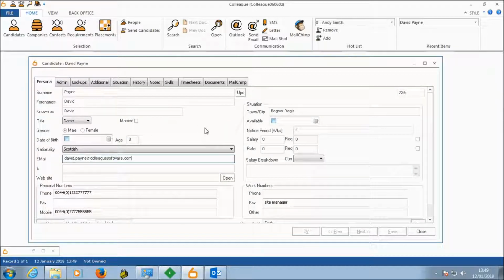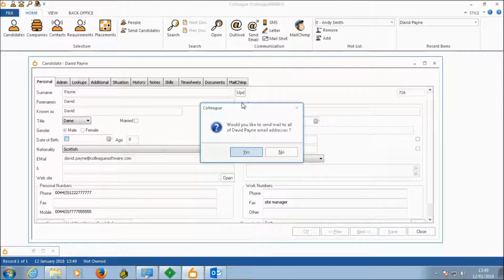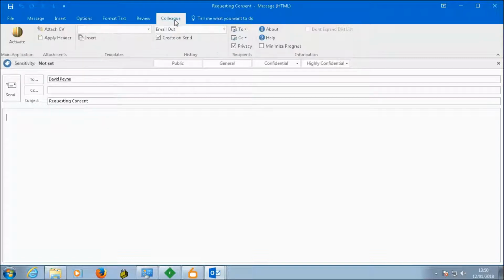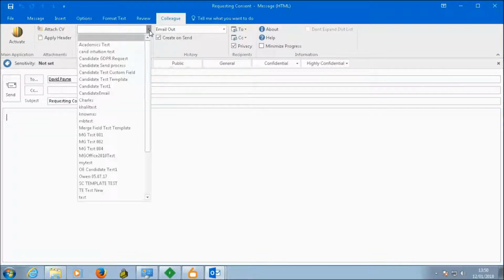So that's an overview of the data being stored against a record and the actual history logs that get generated through this process. So if I go through the stages of just generating an email and show you how that would work, you can do that either individually against a record or in bulk as you would normally. You can click on send email and then that email will come through. If I put on requesting consent as the subject,